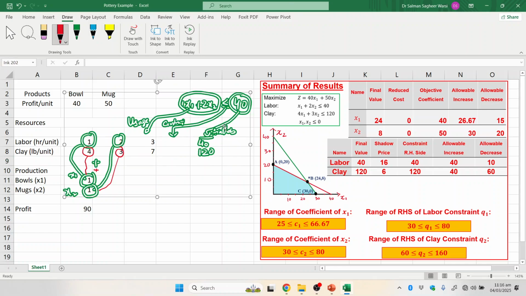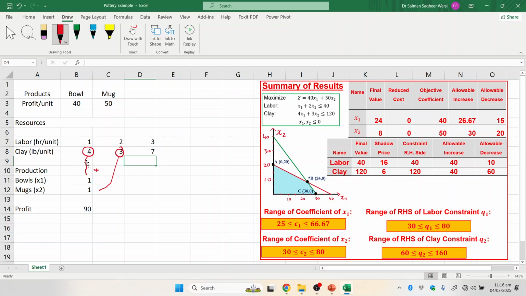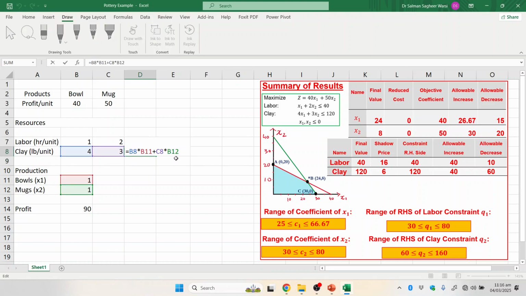Hope you have understood the point of doing this, of how this is done. Okay, now I'll just write again the formula, show you how it's written. I'll write it again, a more clear view. 4 multiplied by x1 plus 3 multiplied by x2. This is the formula, and the answer is 7 because we have already placed 1 and 1 here,